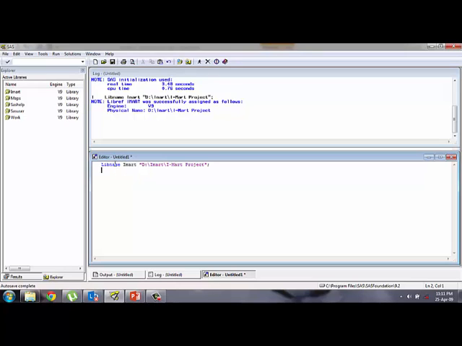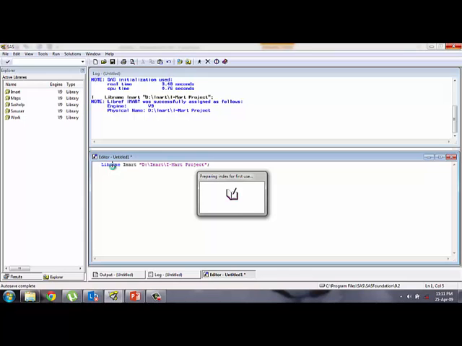I will tell you one shortcut way to learn SAS. Whenever you want to see the meaning of a keyword, here is a keyword called libname, already written. If you're a new user and you don't know the use of this libname keyword in SAS, simple: place your cursor on that keyword, then press F1. It will open a help file